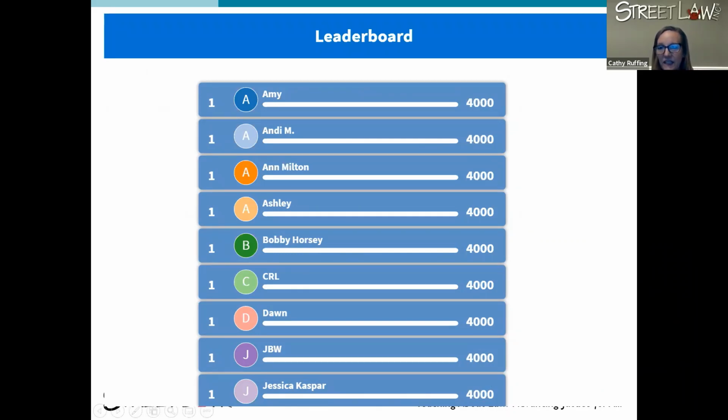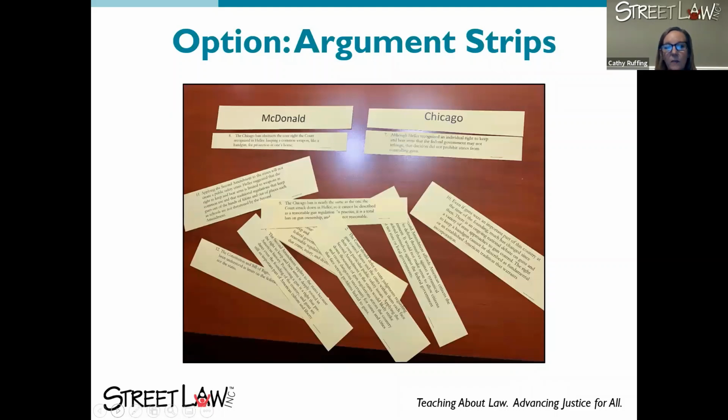Great, so this is just a little taste of something that you might want to do with your students. Of course, technology is always tricky. Another option when you're back to being face-to-face is to take the arguments and cut them into strips and have students put them in the left-hand column for Chiafalo, the right-hand column for Washington.